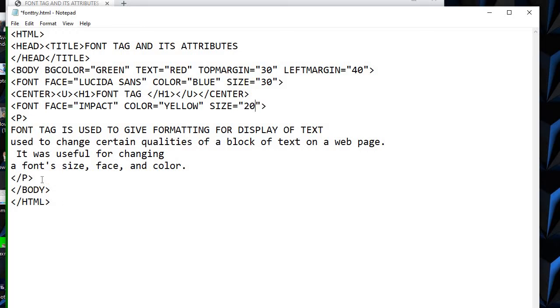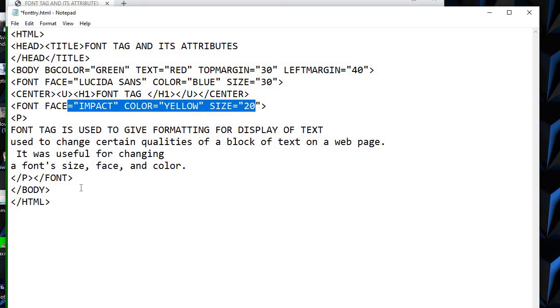And I give slash font over here. Now see this, P tag, and this is slash P. So before I start the paragraph, I have defined three attributes of font, and when I close the paragraph, I close the font also, because I don't want these three attributes to carry after this paragraph.